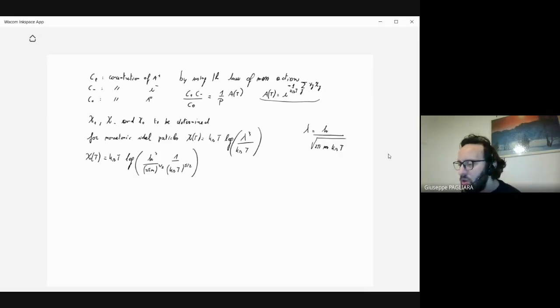Okay, so this is the chi of T, the chemical constant for a monatomic ideal gas of particles. And of course, as you see, it depends on the temperature and on the mass of the particle itself. Of course, this 5 half, this 3 half, depend on the type of molecules you are dealing with. So here in this simple case, we are considering the case of a monatomic ideal gas. Okay, but this formula can be generalized to the case of